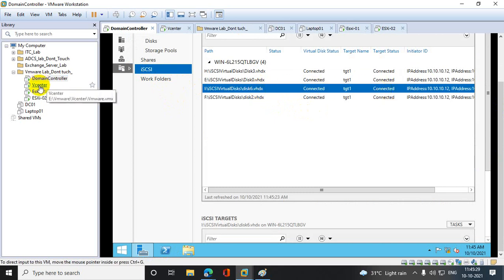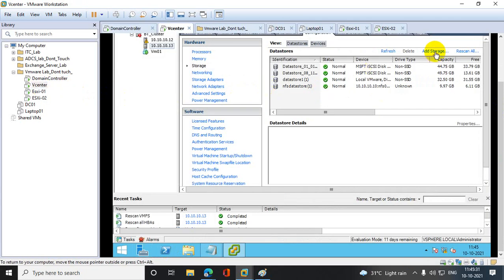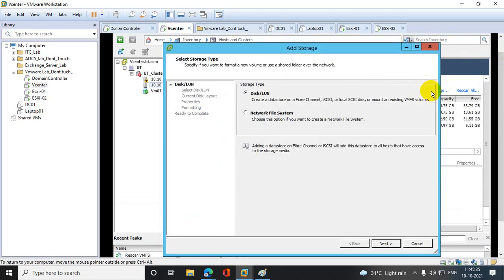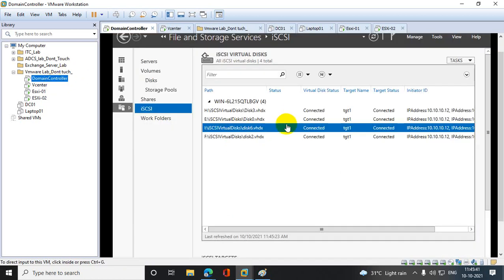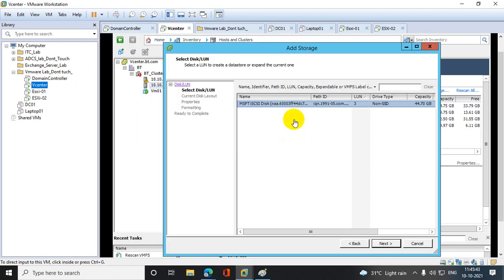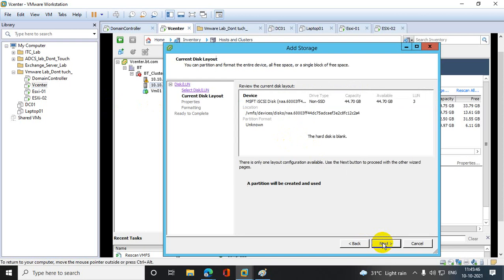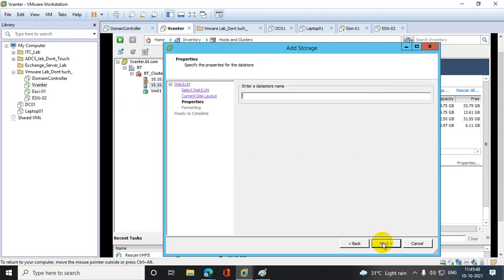Connected. Yeah, it is visible. Once it tells me it's connected, only then can you add this storage as a datastore. So this is my DS underscore US underscore Bay 01.